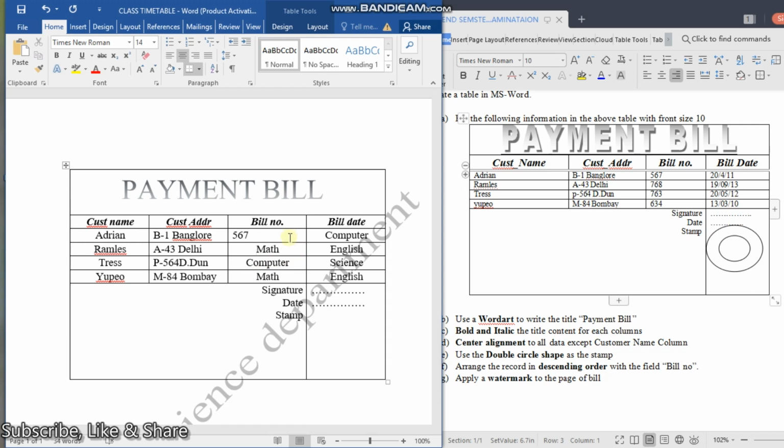Right. Guys, there is backspace, that means deleting from forward to back. Delete will delete, see, like that. Then here I'll have to write 768, then Control L to put it to the left. Now backspacing this computer and writing 763, then Control L, and the last but not the least, this is